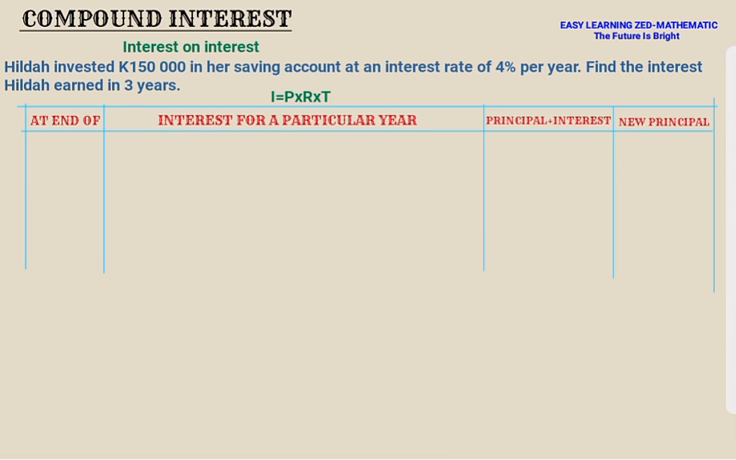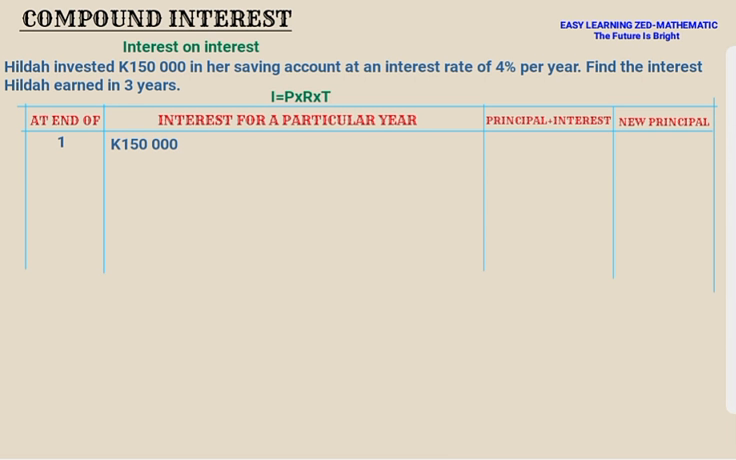Now in the question we are told that you invested the money in the bank for 3 years and the interest rate was 4%. So we are going to start with how much she earned in the first year. So we're going to write 1 there, at the end of the first year. At the end of 1 year, how much did she earn? Now let's calculate the interest. Just like we did in the previous video, we're going to calculate the interest she earned in the first year. So we're going to put the principal, which is